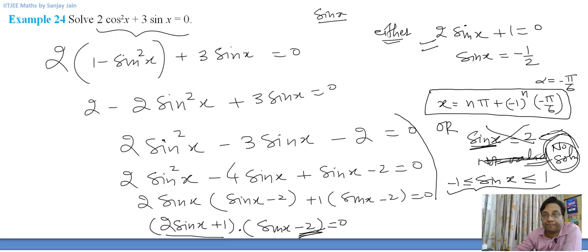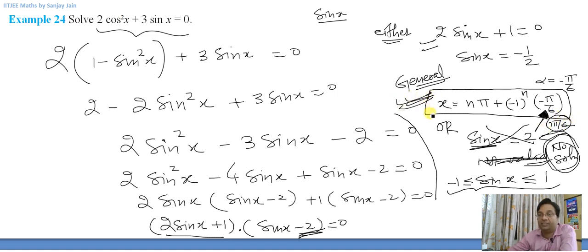Okay, and I am warning you again and again that if you see some other angle written here in your book, you don't have to worry about that, because this is also a perfect solution. We are talking about general solutions here. So you can obtain that angle. Let us say if in your book it is written 7 pi by 6, so you can obtain that angle from this equation itself, because n belongs to integers.